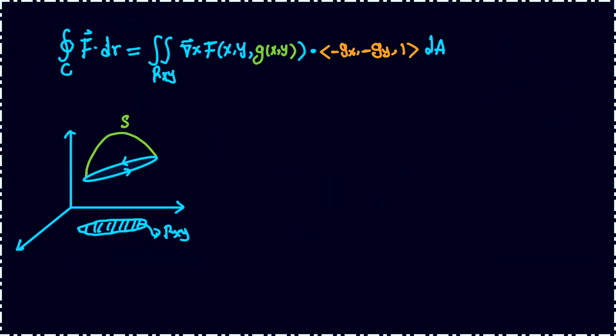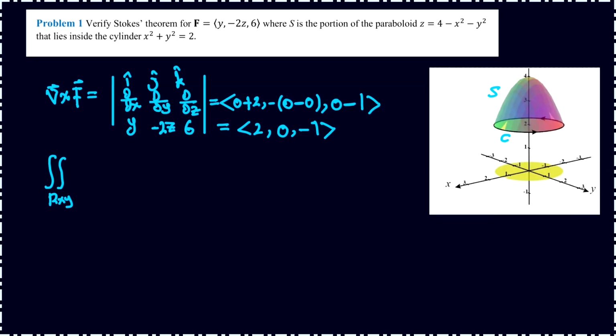So the curl of the vector field, which is 2, 0, negative 1. So now again, since the curl is constant, there is no z where I would have to plug in the equation of the surface into z. Okay, so we're going to dot that with